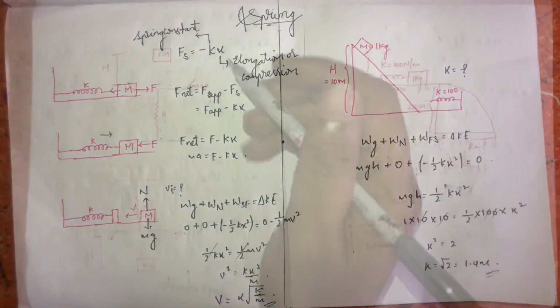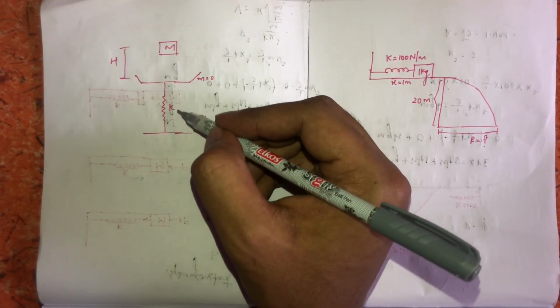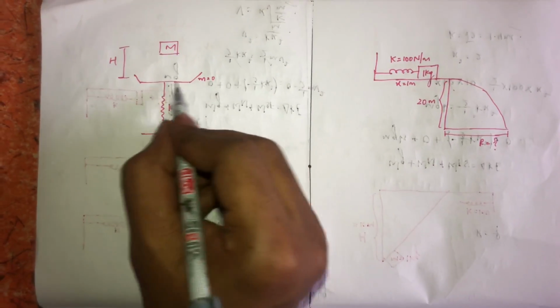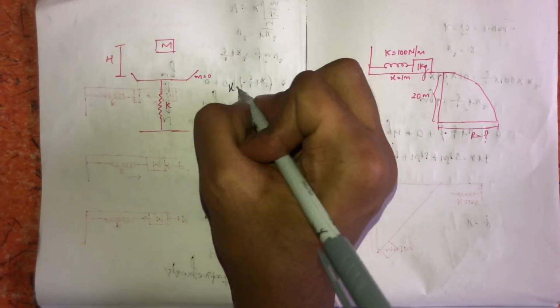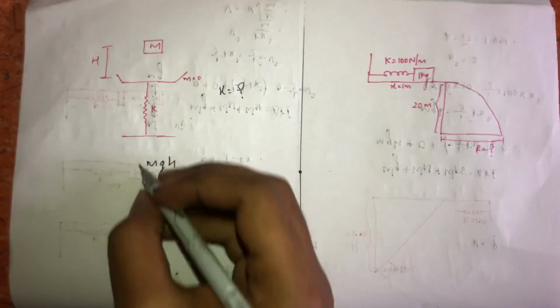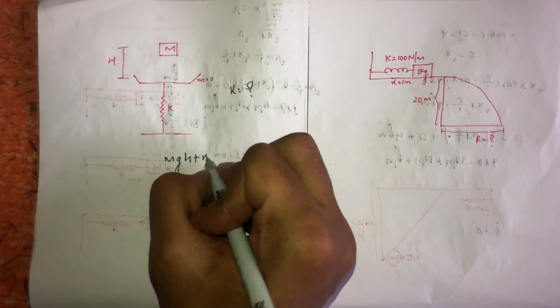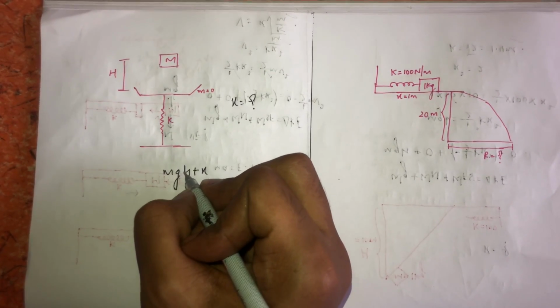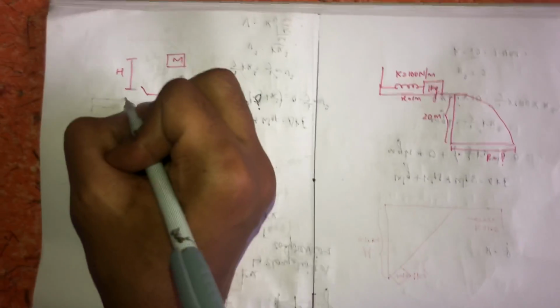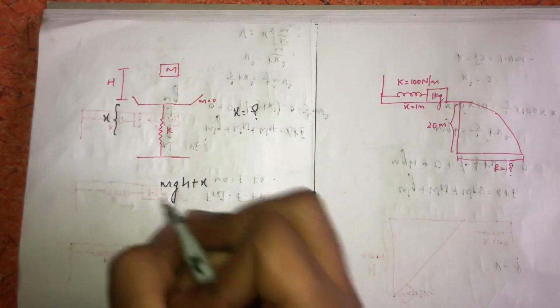That's clear. A block of mass m is left freely towards a spring which is attached to a horizontal plate. If the mass of the plate is 0, then what will be the compression of the spring? Here work done due to gravitation will be equal to mg into h plus the compression of the spring. This is very important. We need to consider the compression of the spring also, that is x. So total height will be h plus x.